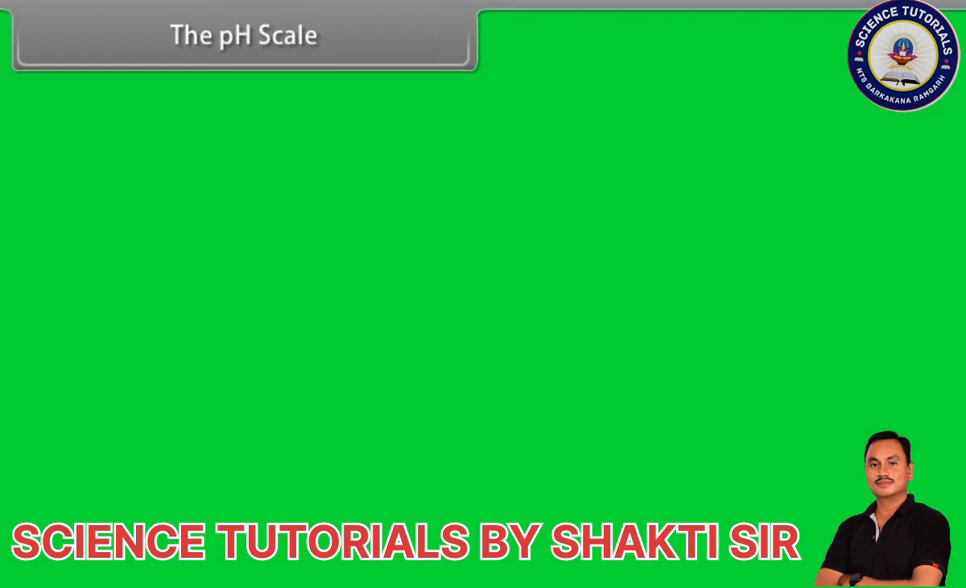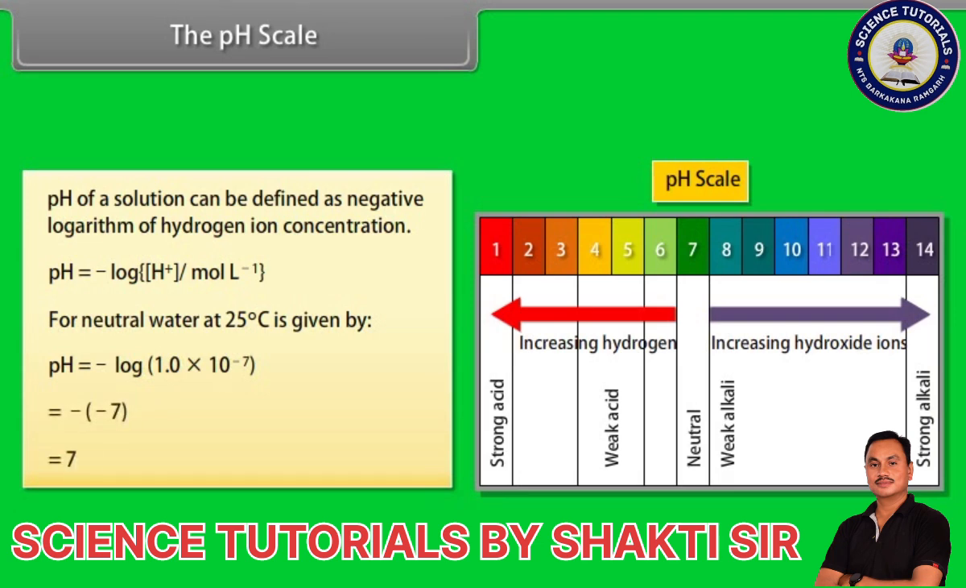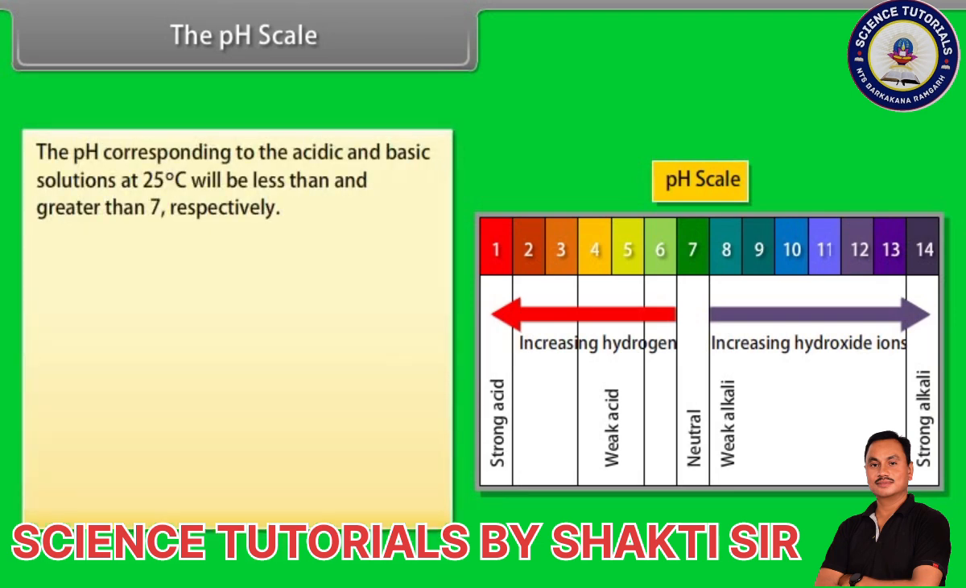The pH scale. The pH of a solution can be defined as the negative logarithm of the hydrogen ion concentration. For neutral water at 25 degrees Celsius, pH is equal to minus log of 1.0 × 10 raised to the power minus 7, which is equal to 7. The pH corresponding to acidic and basic solutions at 25 degrees Celsius will be less than and greater than